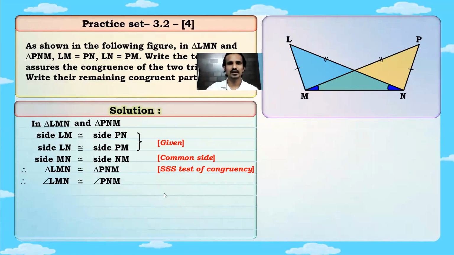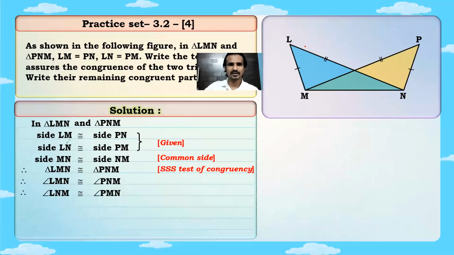The next would be angle N. From the first triangle it is angle N, and from the second triangle it is M. अब यहाँ पर है ना, when we say N of the first triangle, so it is this angle. जो मैंने red mark किया है. So the name of that angle would be angle LNM. Okay, and जो P है, P के लिए हमें लिखना पड़ेगा PNM. These are the two angles, the smaller ones. So angle LNM congruent to angle PMN. The second pair, note this down. Angle LNM congruent to angle PMN.